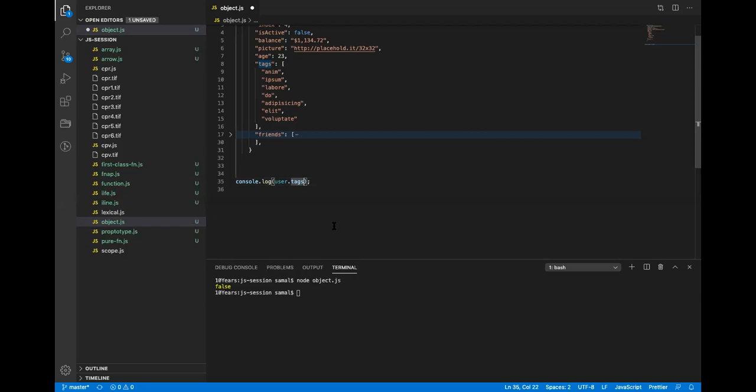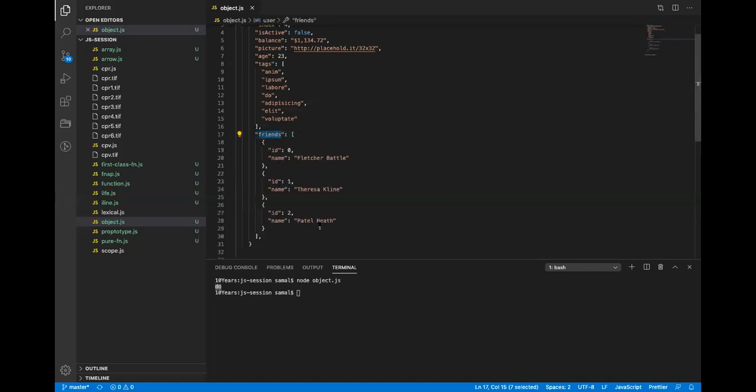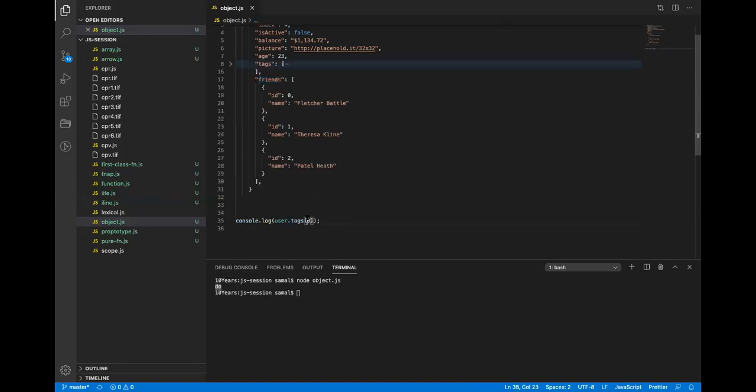Basically, I can just reference the value. Same way, I can do friends also. Friends is an array of objects.